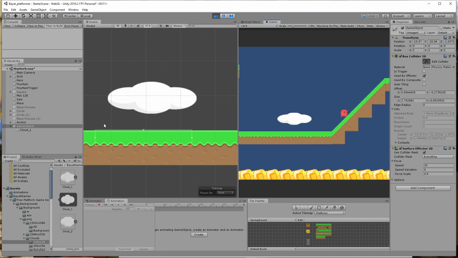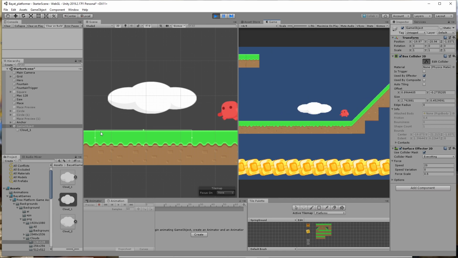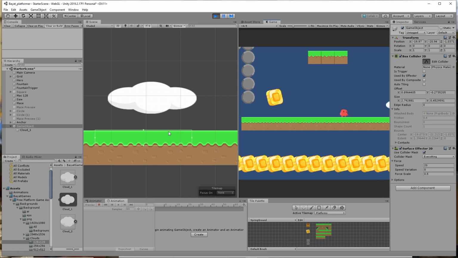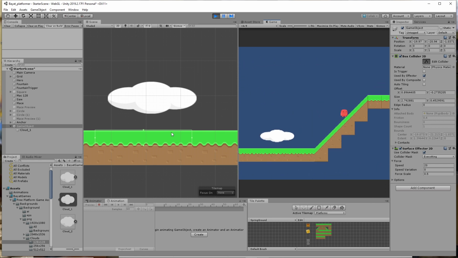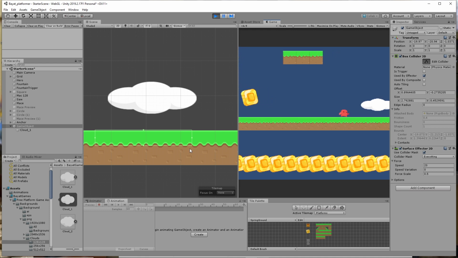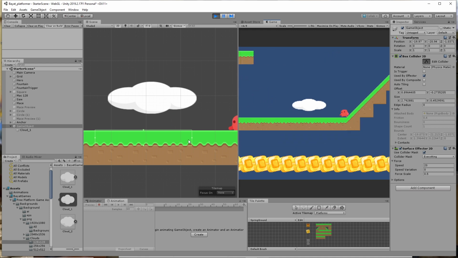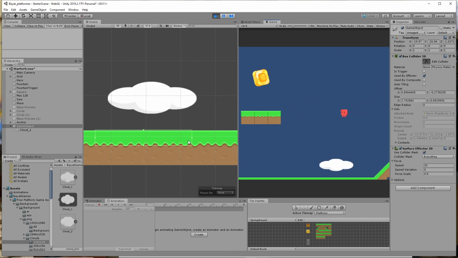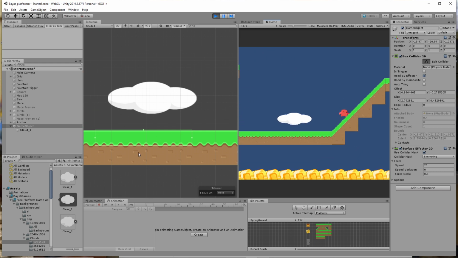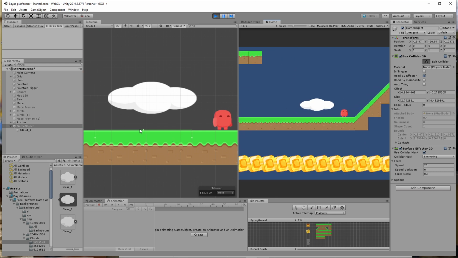This is a non-ideal scenario because it does have a little bit of a lip, because I have these two colliders conflicting with one another: the tile map collider that's here and the surface collider itself, or the surface effector. So ideally you would have a different